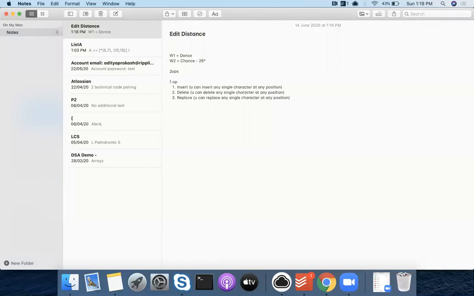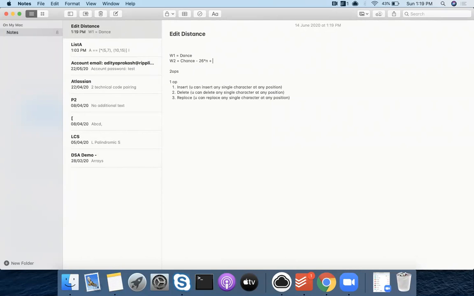How many positions can I insert? It's n, right? These will all generate. So if I insert at all possible characters at all possible places, but only once, I will get all possible strings that can be generated if I insert one time in word 2, right?